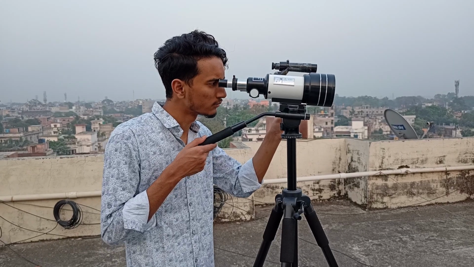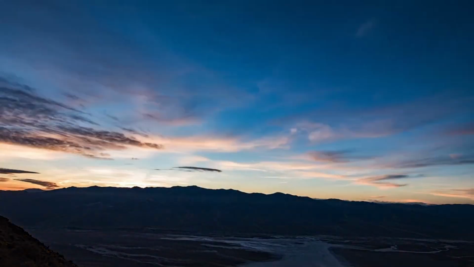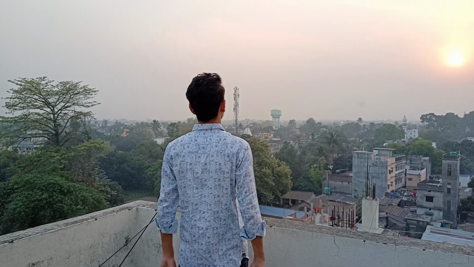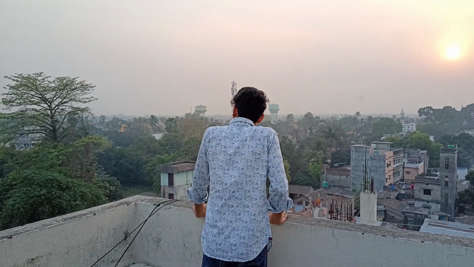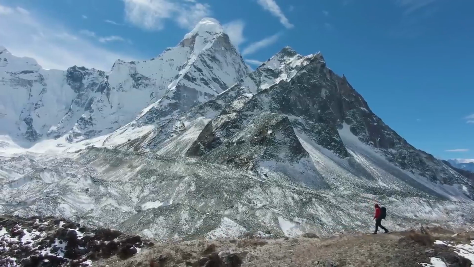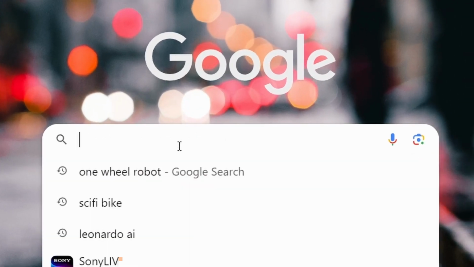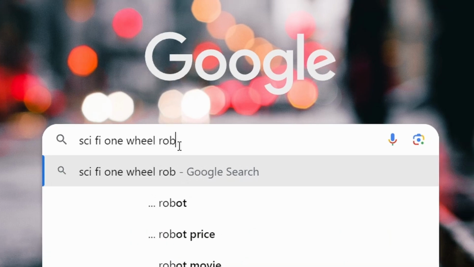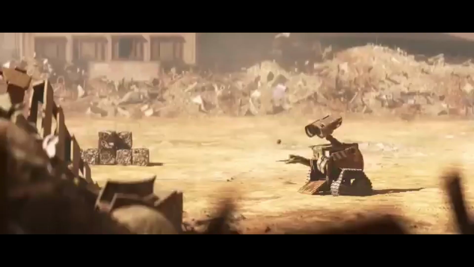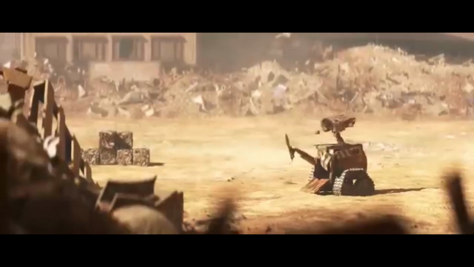Now it's time to design our first enemy, and I started searching for the reference, and I just kept thinking about it day and night, and nothing came across my mind. Sometimes I used to stand on the roof alone and watch the world for hours, but nothing. Then one day I went to the Himalayas and there basically I go to Google and search for one wheel robot. Why one wheel? Because it looks weak. Yeah, I want our first enemy to be weak.